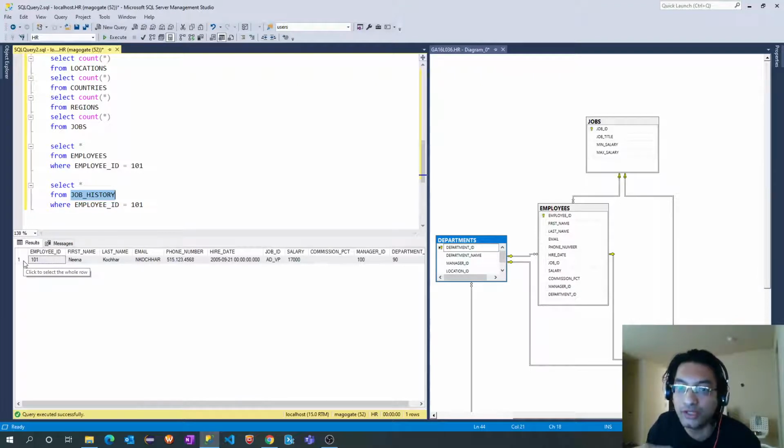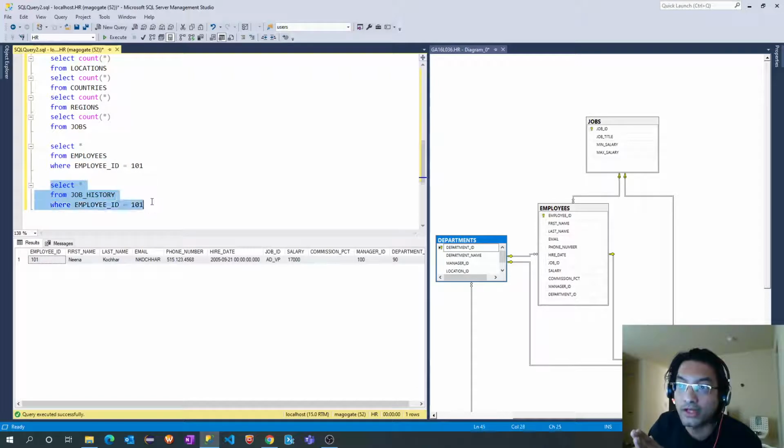I will tell you how we are storing the records into the ODS table in future, maybe in the next video. But as of now, just assume we'll already be storing this record into the ODS table. So even if this record moves into job history, we don't have to worry about that, because that particular record we are already taking care of in the ODS table. So for our purpose, we'll always go with the employees table.